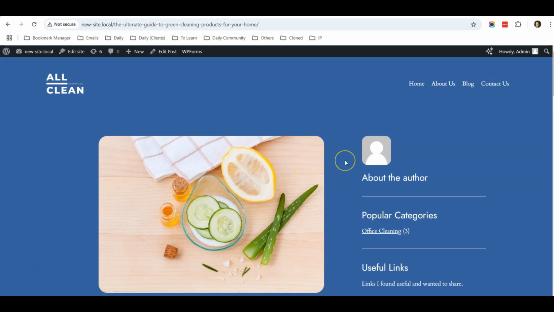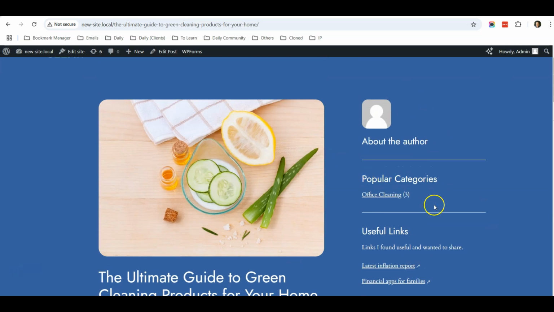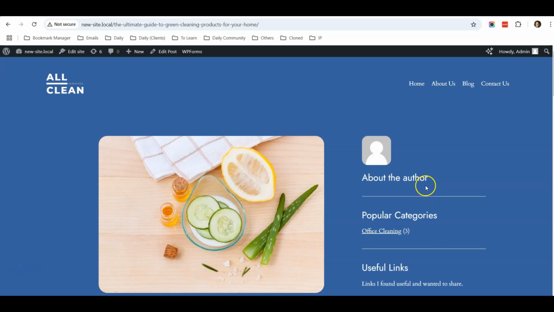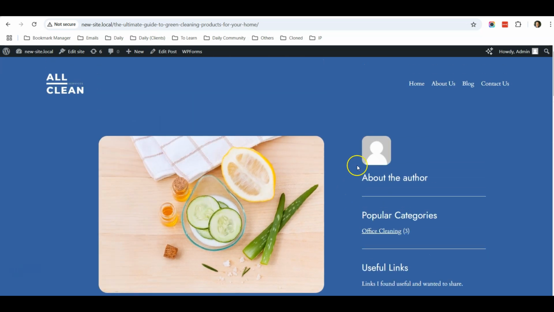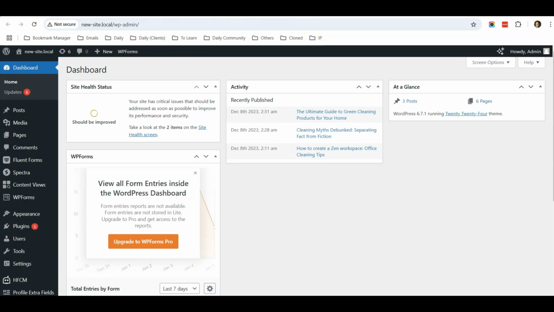In this tutorial, I'm going to show you how you can change the sidebar over here in the WordPress 2024 theme from right to left, because I have some viewers who prefer to have a sidebar on the left as compared to on the right. So the first thing you need to do is to log in to the dashboard and